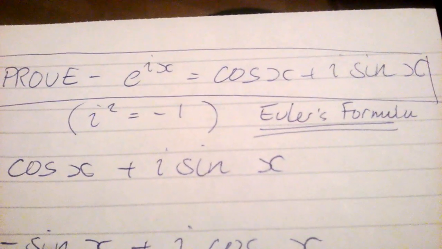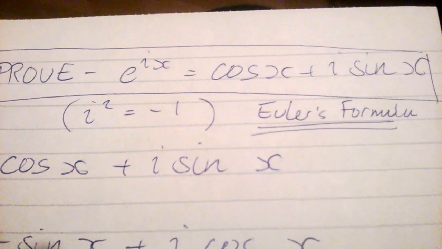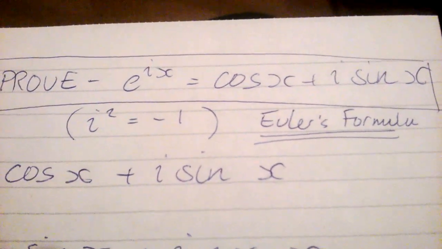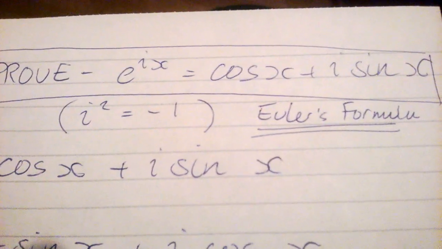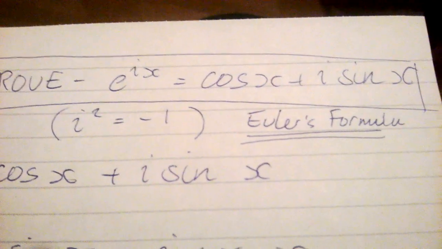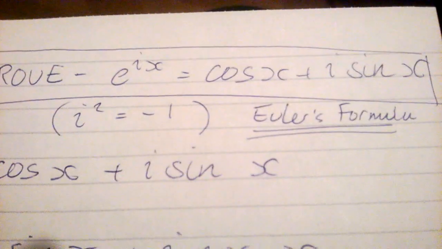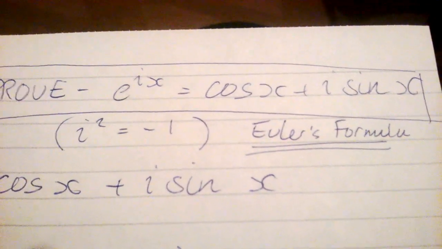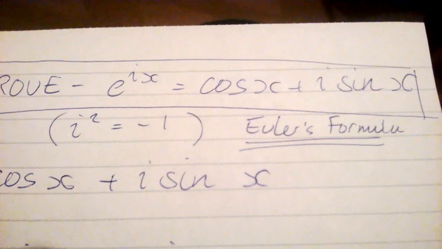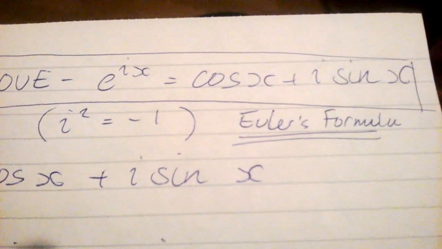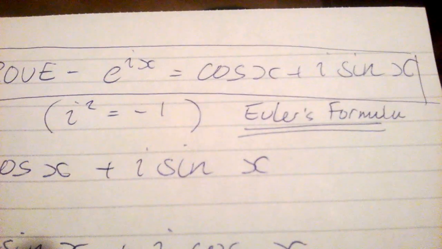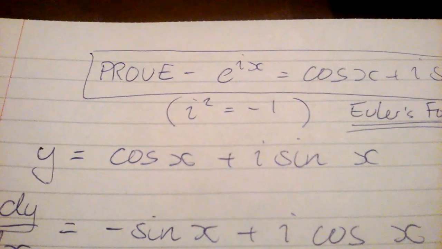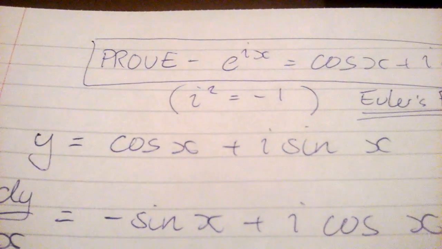That's also known as Euler's formula. And of course e, which is 2.718281825 or something like that, and so on, that's also known as Euler's number. But I would like to actually prove the equation e to the ix equals cos x plus i sine x. So to prove that, we start off by defining a function, y